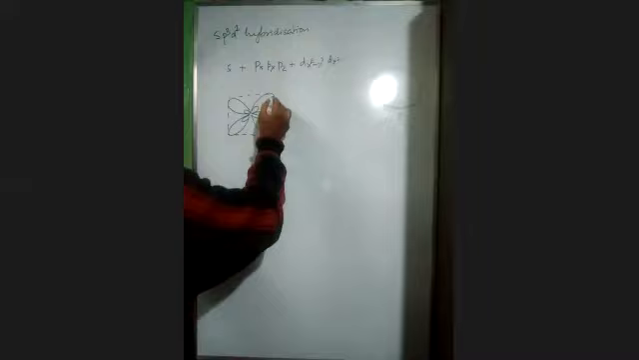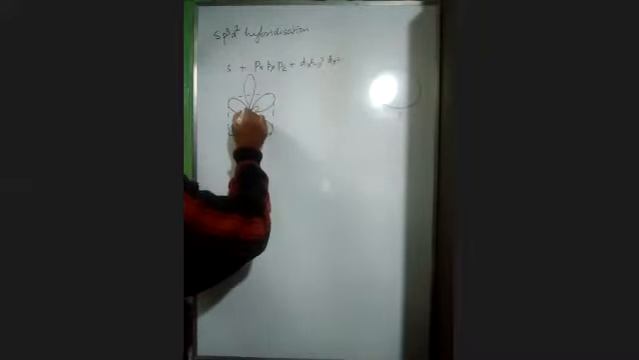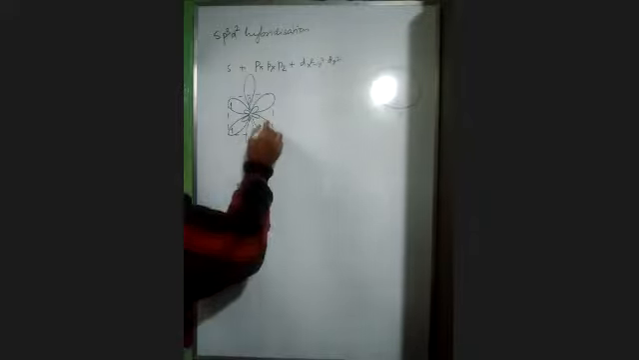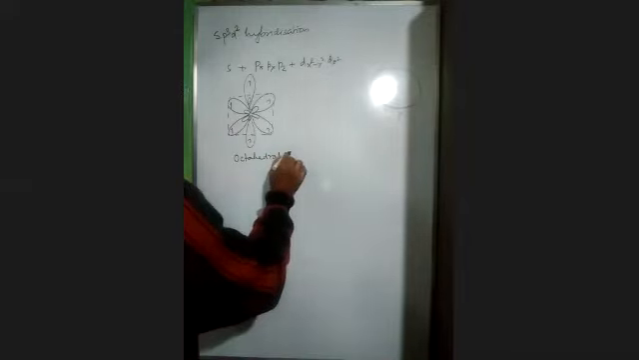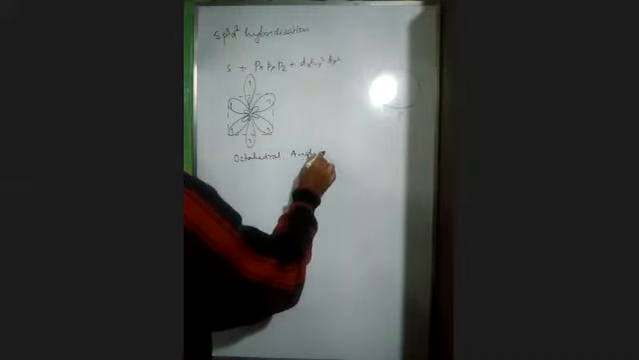Then one perpendicular to this, another perpendicular to this. So you'll have one electron here, one. What is the shape? Octahedral. Shape is octahedral. Angle is 90 degree. Example,